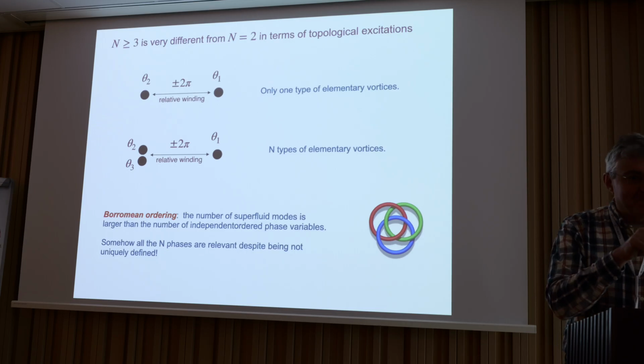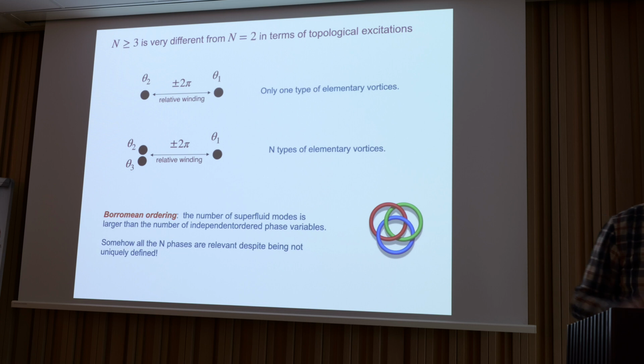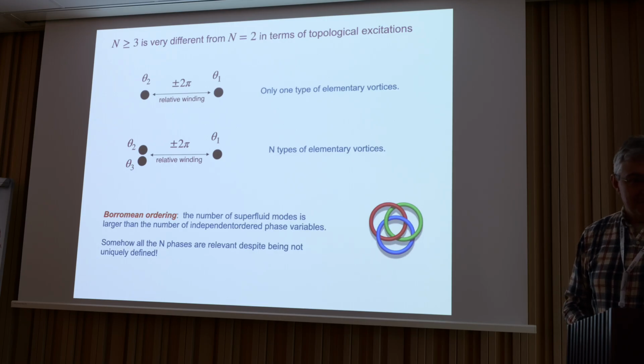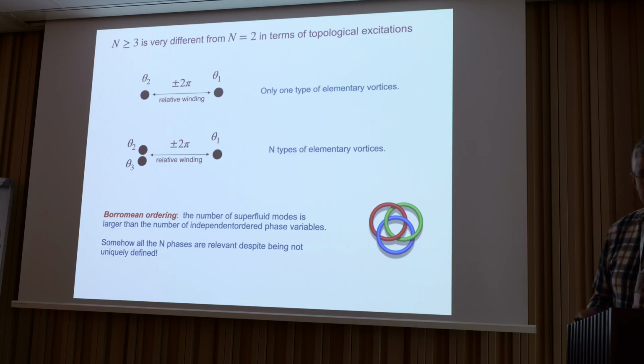We are coming to the classification in terms of modular arithmetic. You will see that they are not independent, but the point is that there are n elementary vortices. That's really important. But the phases are not independent. You are absolutely right, and this is the intrigue, how to describe the system. They are not independent, but have this kind of structure, and respect the symmetry between the components. Can you combine two of these vortices somehow to get the third?